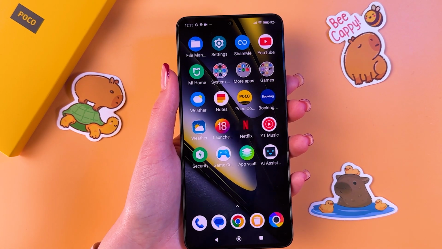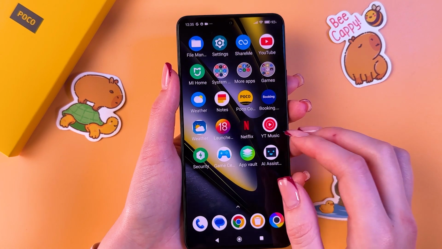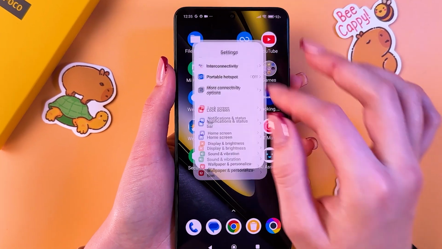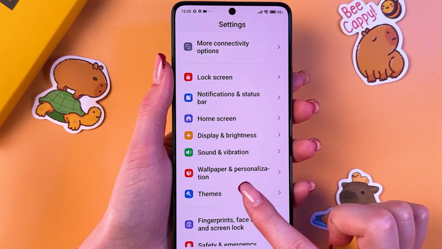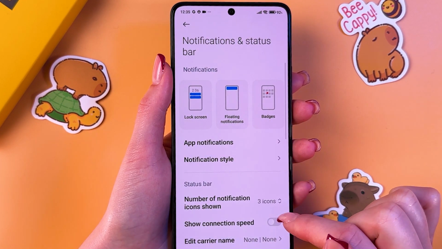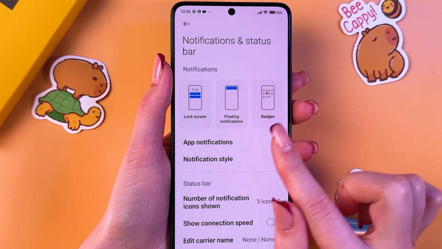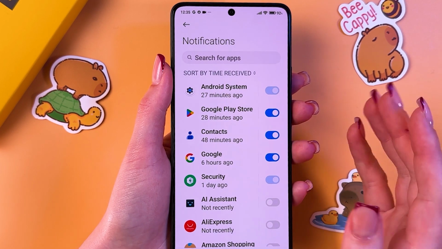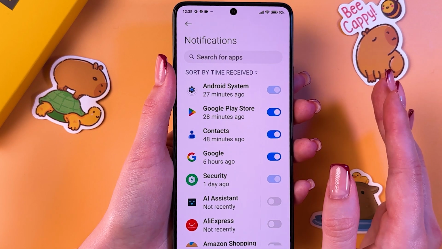Hi, to enable and disable app notifications on this POCO F6, we would need to open Settings first, and here find the App Notifications and Status bar. After that, we would need to go in the App Notifications, and here you can disable or enable some of